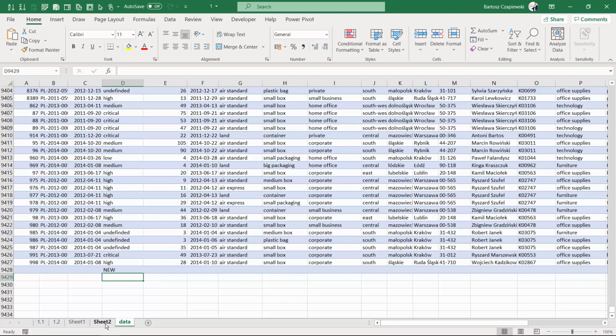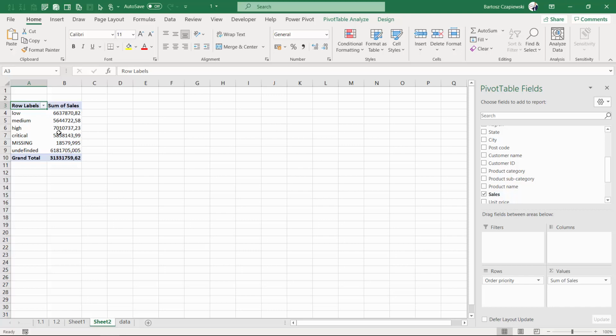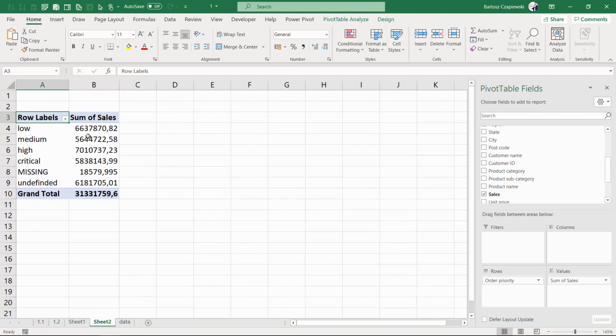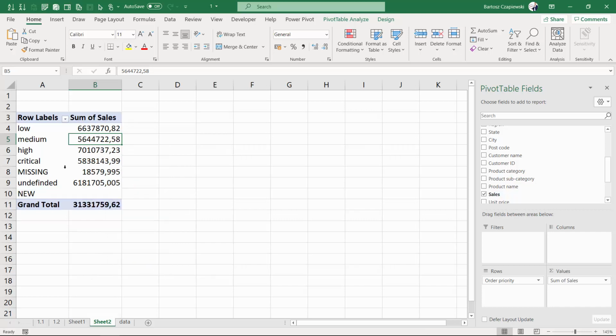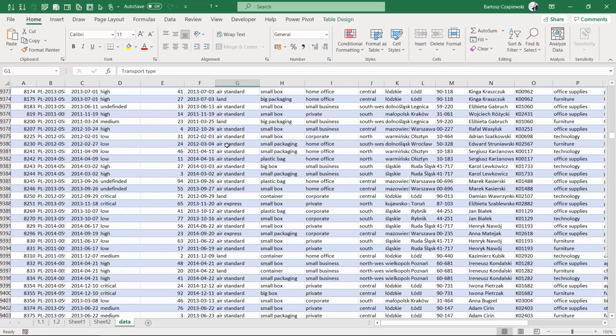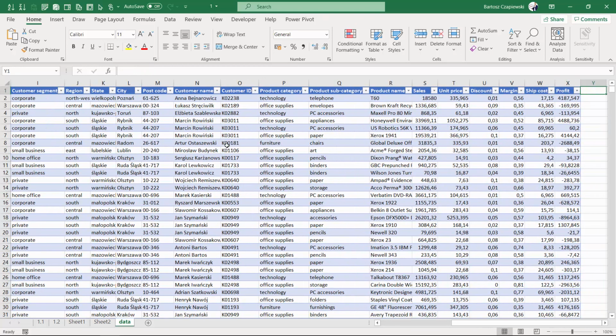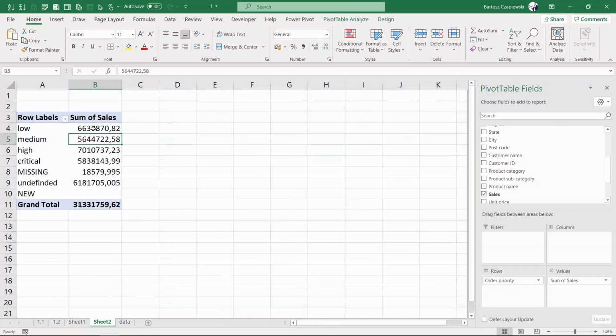table object is happening. And when I right now go back to my pivot table, it's not going to appear in here automatically because I have not updated the pivot table yet. But whenever I hit refresh, you can see this new row. Usually this is not just a single row, these are many new rows appearing in the analysis. But what is more, if you insert a new column in there, I will call it also new. And whenever you refresh your pivot table, this new column is going to appear automatically also on your pivot table